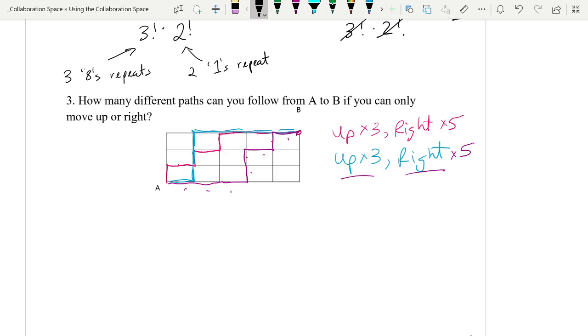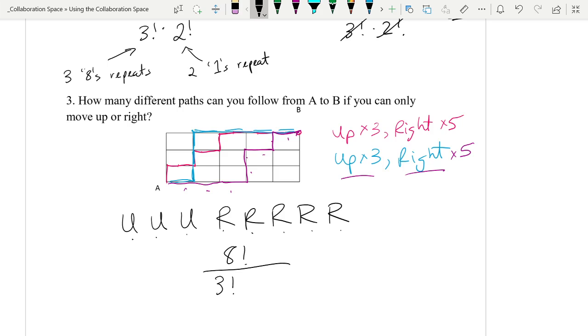So you know what I'm actually asking you to do? I'm asking you how many arrangements I have of this word. How many different ways can I arrange moving up 3 times and right 5 times? So the answer to that would be, that's 1, 2, 3, 4, 5, 6, 7, 8 factorial